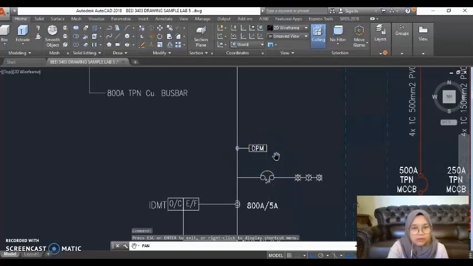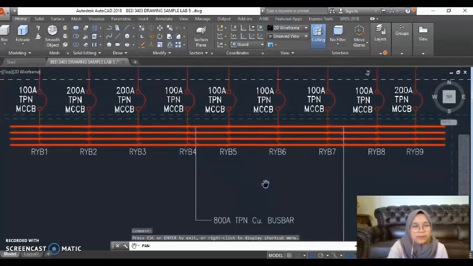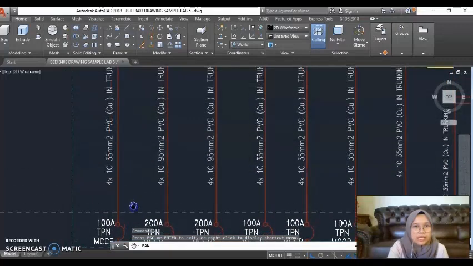It has all the information that we can get, such as the value for the voltmeter and ammeter. The red, yellow, blue, and neutral are connected to the bus bar, which is rated 800 ampere TPN. And there are 9 connections from the bus bar, including the spare. For RYB1, which is red, yellow, blue, white, the rating for the MCB is 100 ampere with the cable